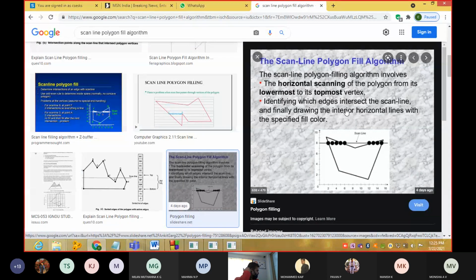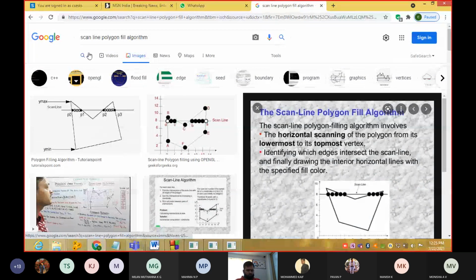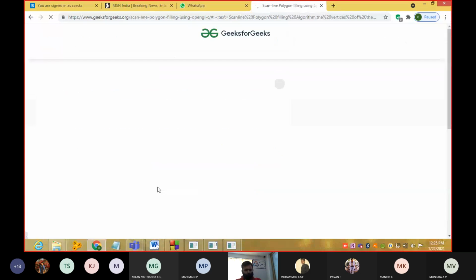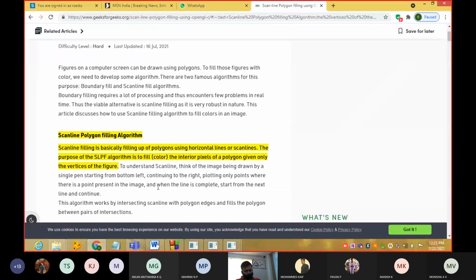This topic is in the second module, guys. I think for the second internal, we had given this question, the scanline filling algorithm. See here, this line gives a better understanding.